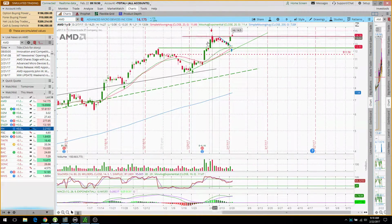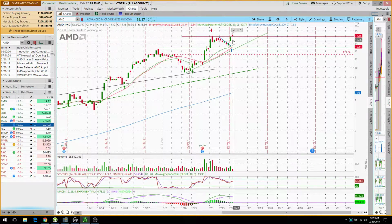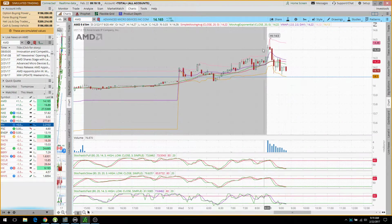So this morning, because of this strong pull to the positive, and because last night Ryzen was officially released, or at least it's going to be released on the 22nd, official benchmarks were released, and it's kicking Intel's ass. So I got up this morning and made a purchase on the uptick right here,